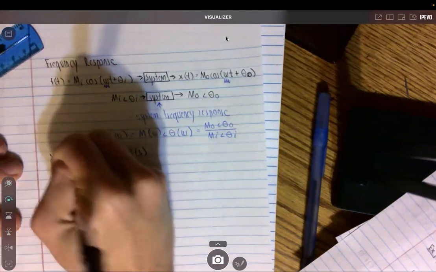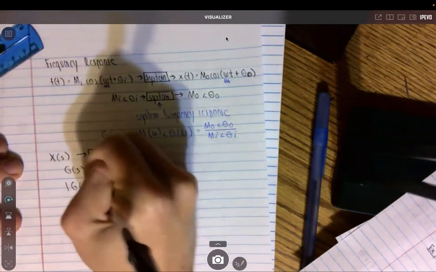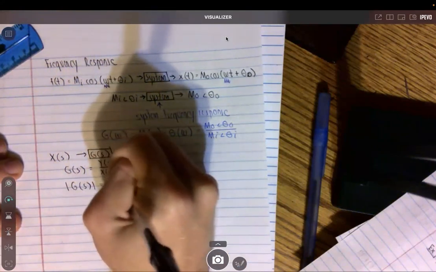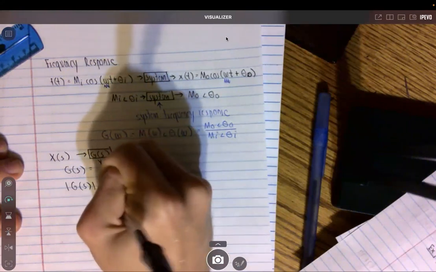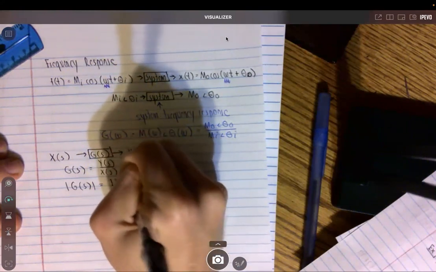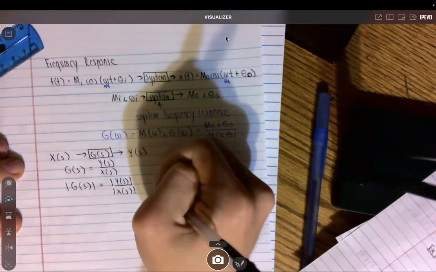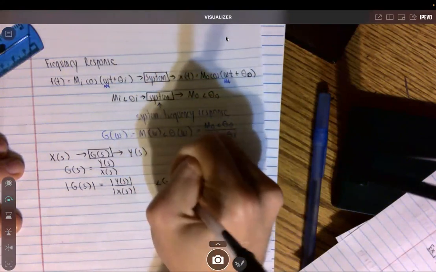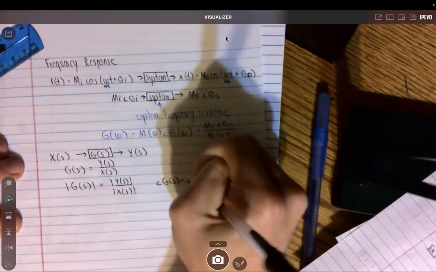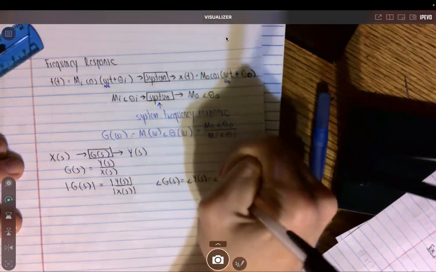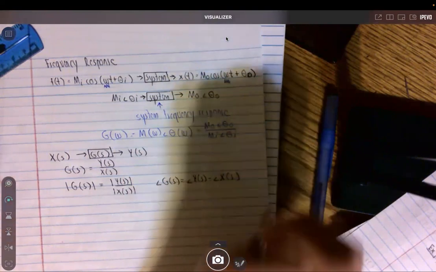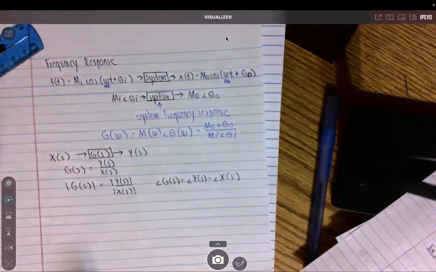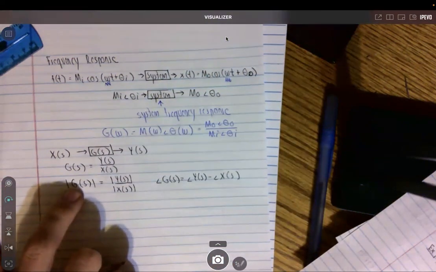So the magnitude of your frequency response is going to be given by the magnitude of the output over the magnitude of the input. And basically, in order to determine the phase frequency response, it's going to equal the phase of the output minus the phase of the input. Okay, so now that we determined that, remember, this is S, but we like to work